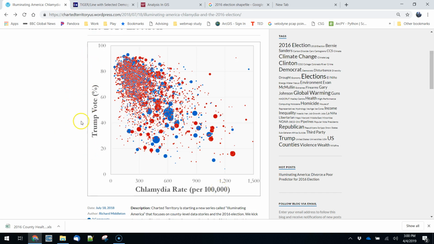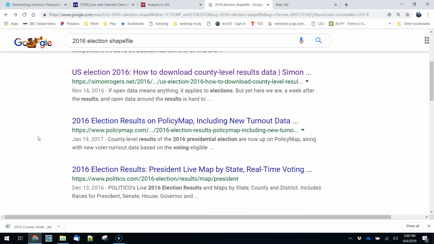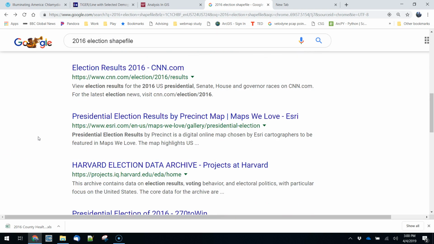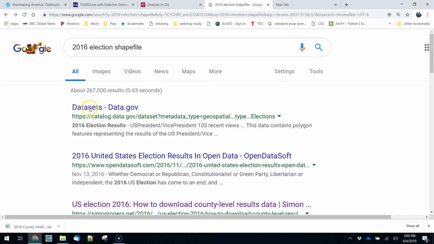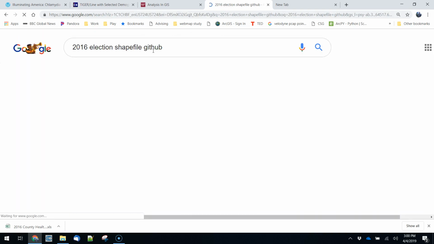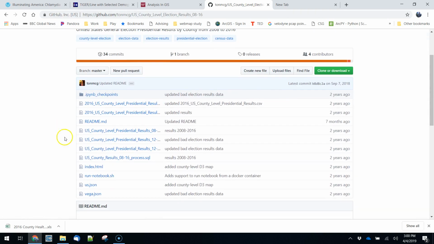Now we need election data. So in fact, I provided both the county health rankings for 2016 and the countywide election data in a shapefile, in a geodatabase, since many of you are going to need that data. But where could we get that election data? Well, it's kind of all over the web. We had talked about a number of different places, and I believe that I had you look for these things by GitHub. There's a nice repository here that includes a number of these different pieces assembled.